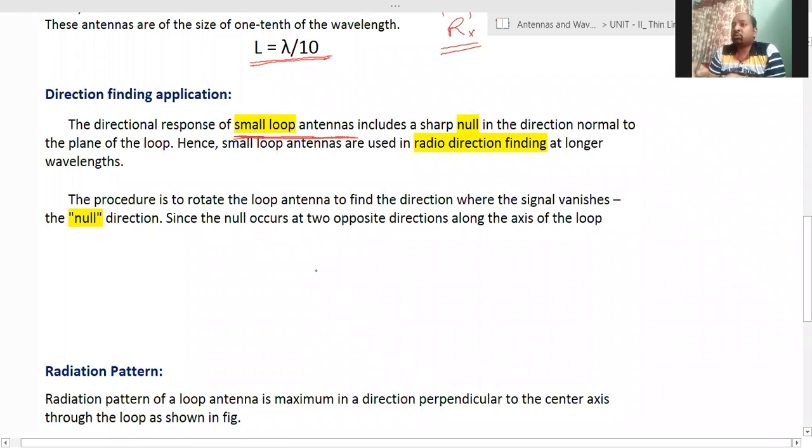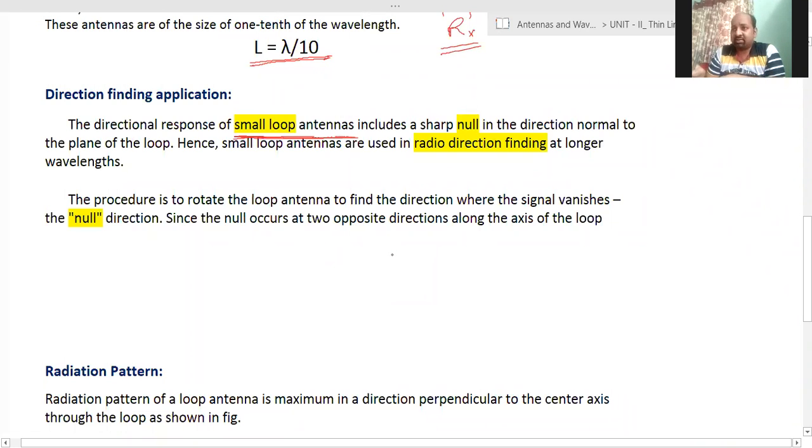Coming to the procedure, the loop antenna is rotated in different directions till a null is observed. Null means no signal. The indication may be a power meter or an ammeter. Whenever the meter shows zero reading,